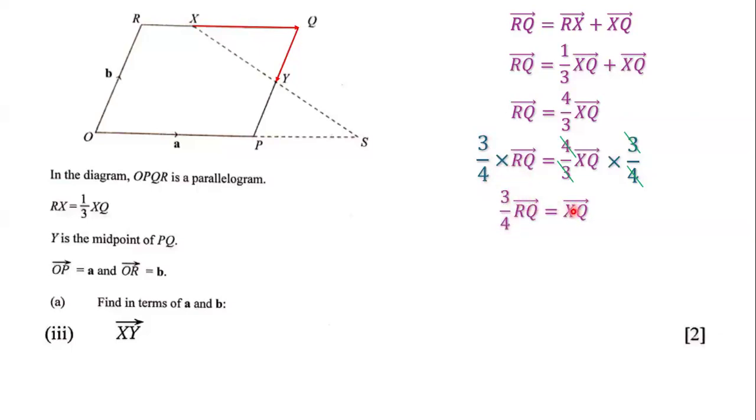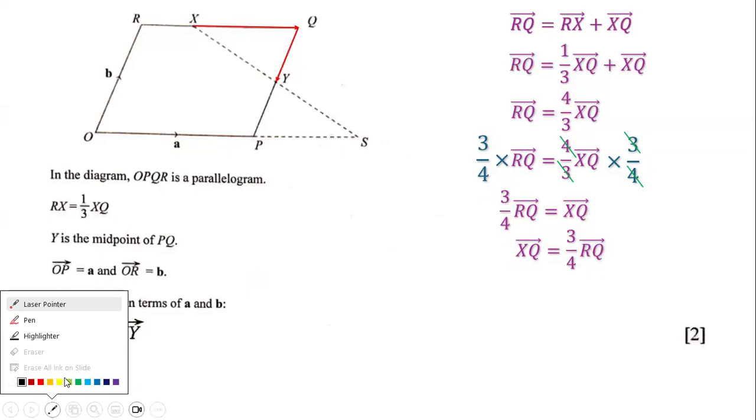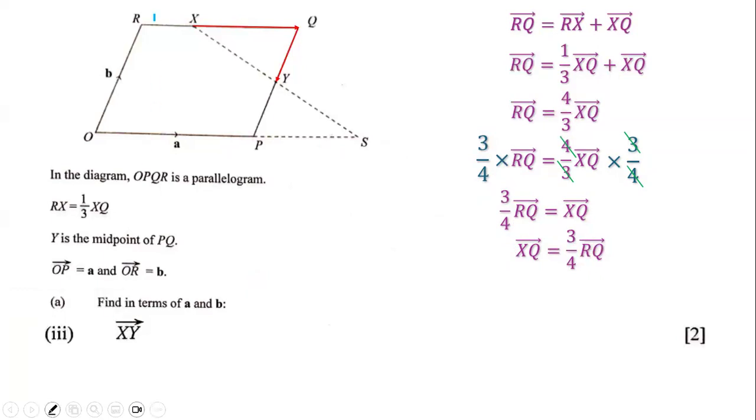So x cubed is actually equal to 3 over 4 r cubed. And so now that we know what x cubed is, we know that x cubed is equal to 3 over 4 r cubed based on what we just calculated. But what is r cubed? Well, if we notice carefully, r cubed is this. That's what r cubed is. And if we notice at the bottom, we know that this is